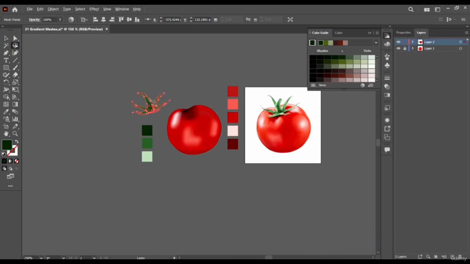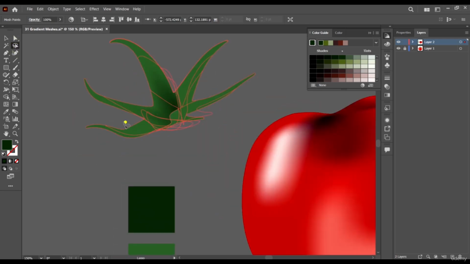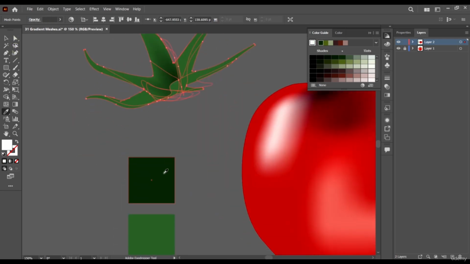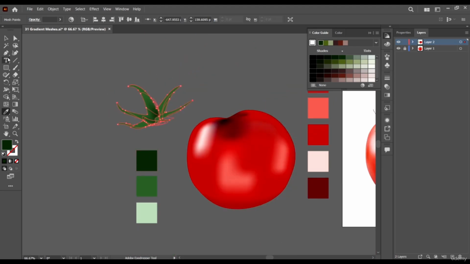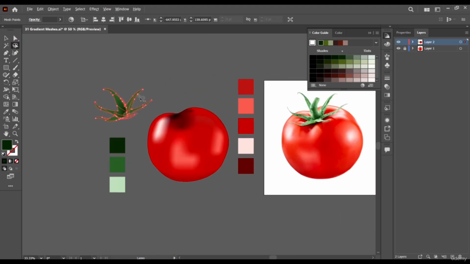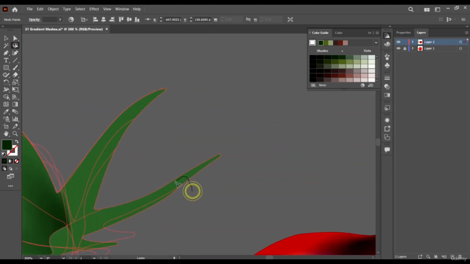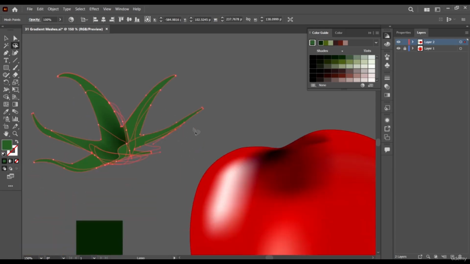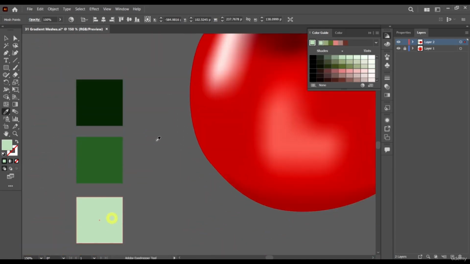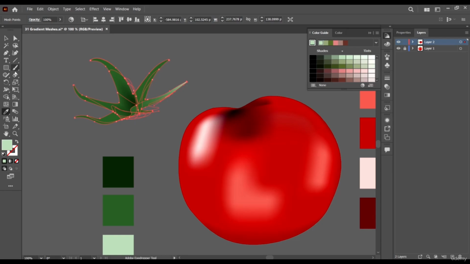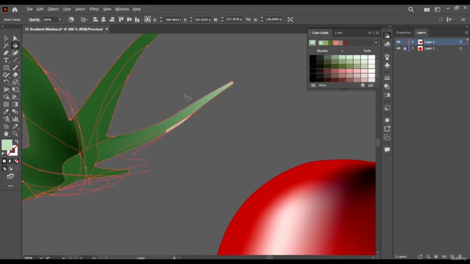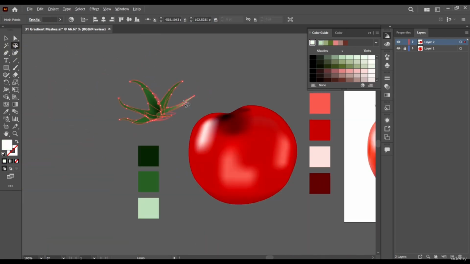Okay, then select this guy, give it something darker too. Then maybe we need the very bright ones at the edge like this. Okay, perfect. And then maybe select this one, give it a very dark shade.